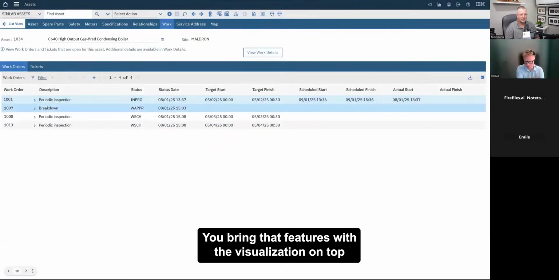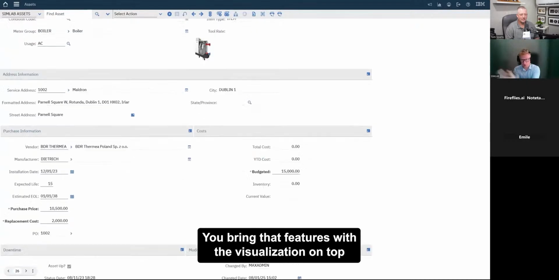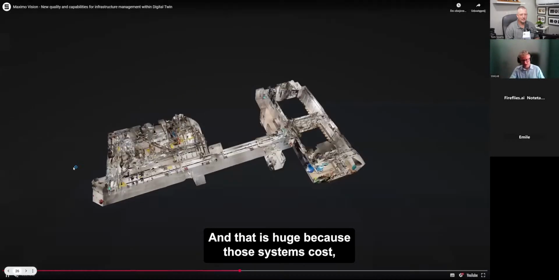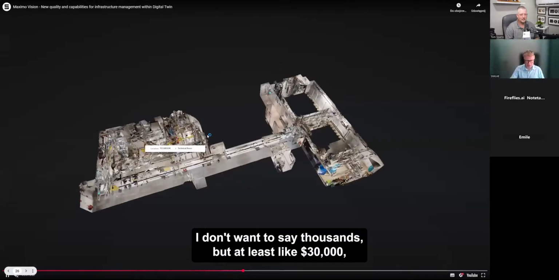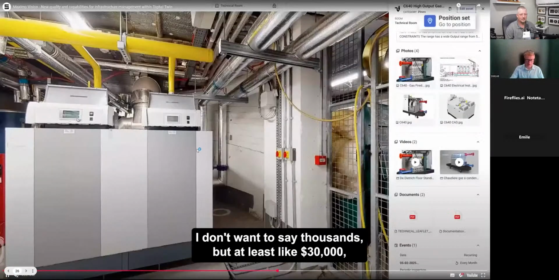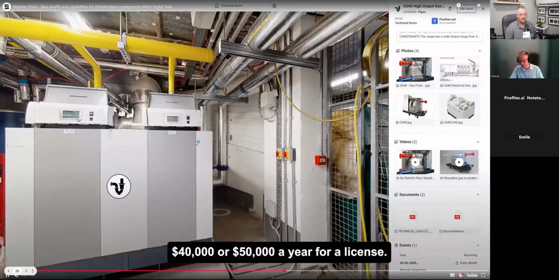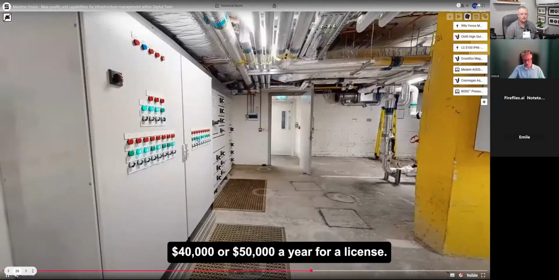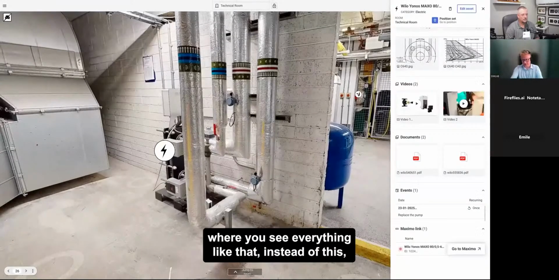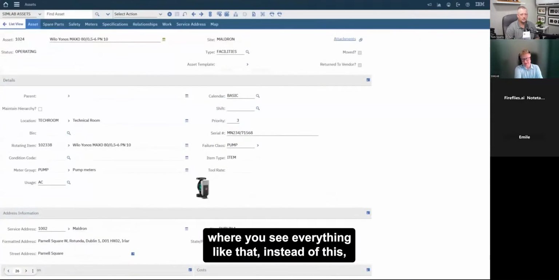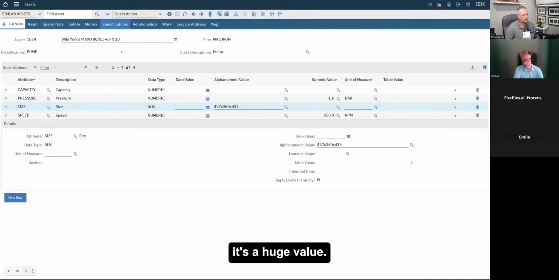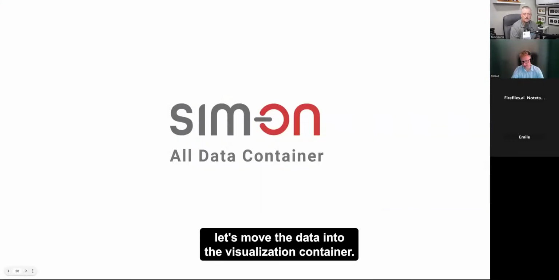You bring those features with the visualization on top of the Matterport dashboard, and that is huge because those systems cost, I don't want to say thousands, but at least like $30,000, $40,000, $50,000 a year for a license. So bringing the value of the visualization to those boring systems, where you see everything like that instead of this, it's a huge value. So this is where we're also looking for our customers: let's move the data into the visualization container.